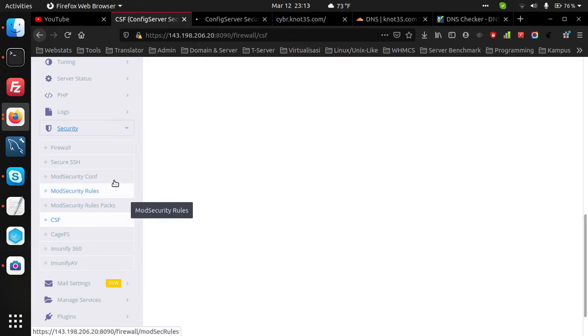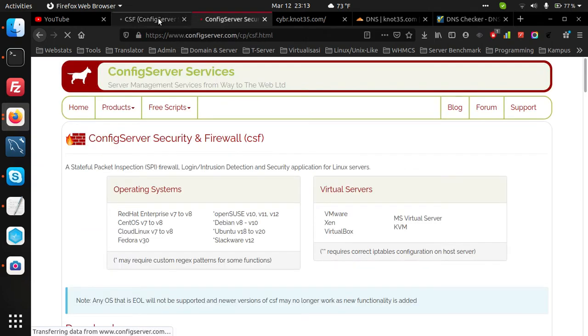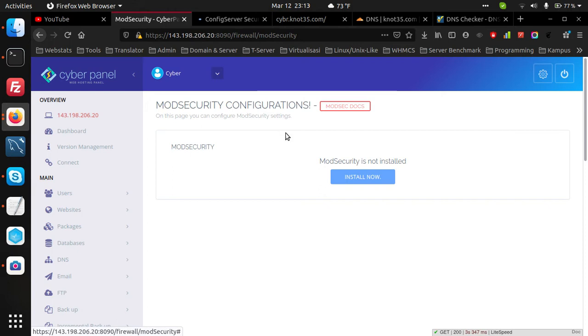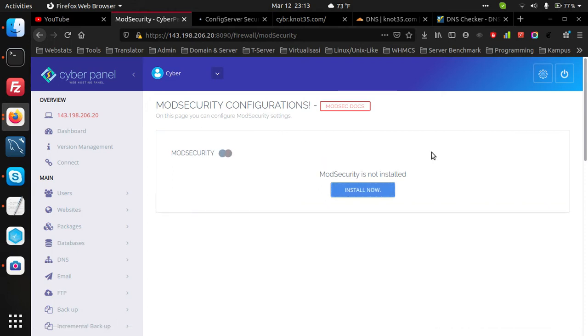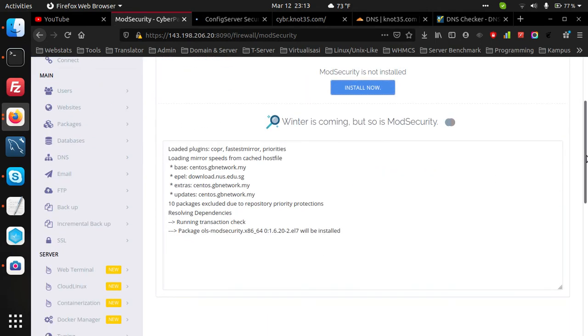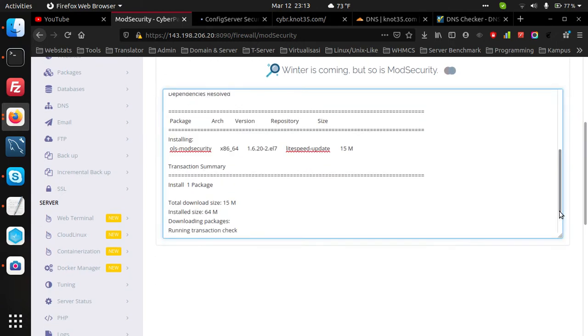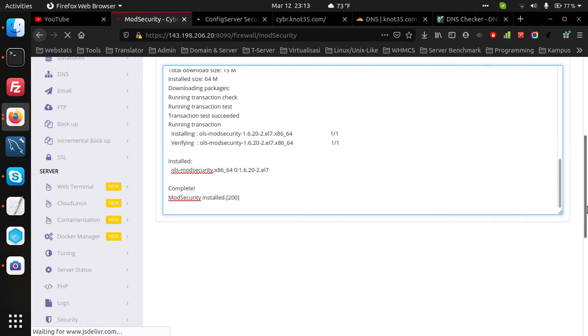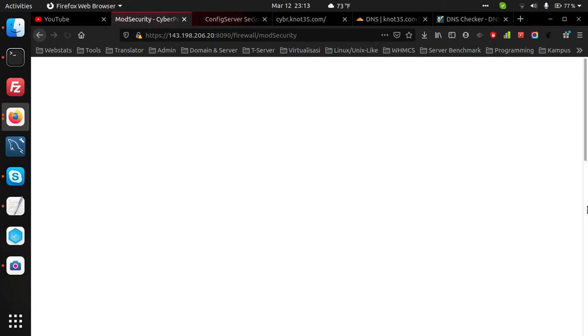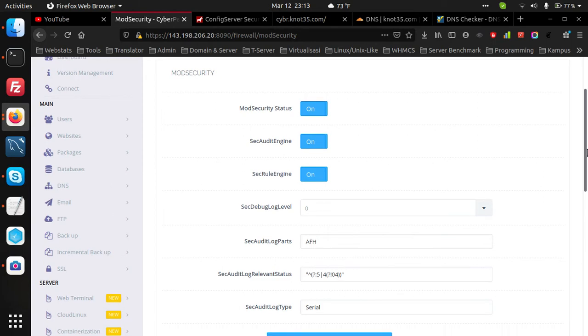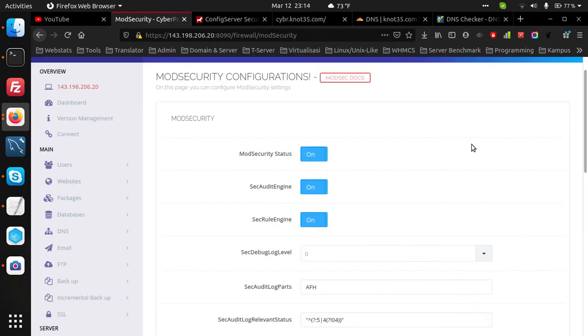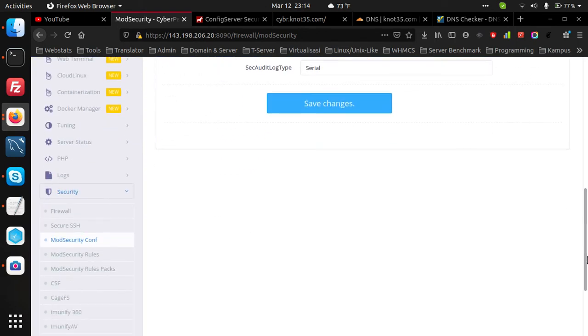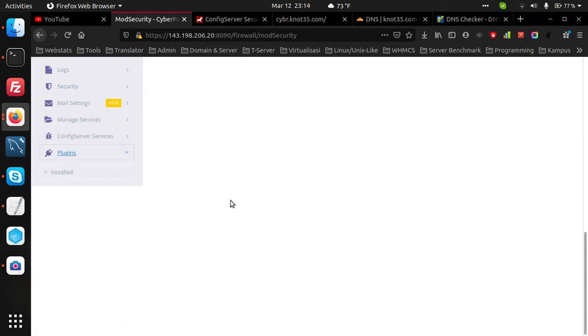Also, for ModSecurity, we can enable that. Plugin.